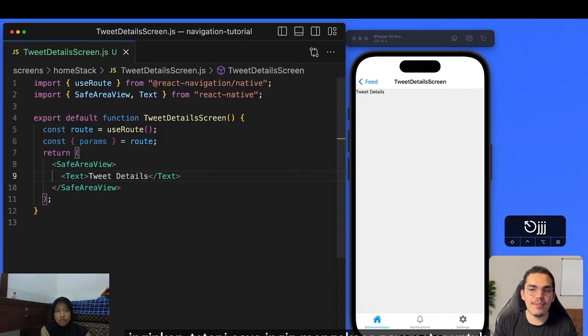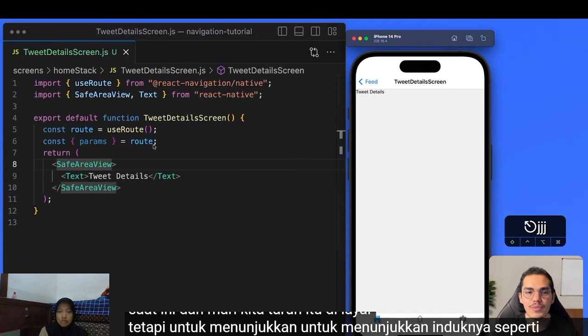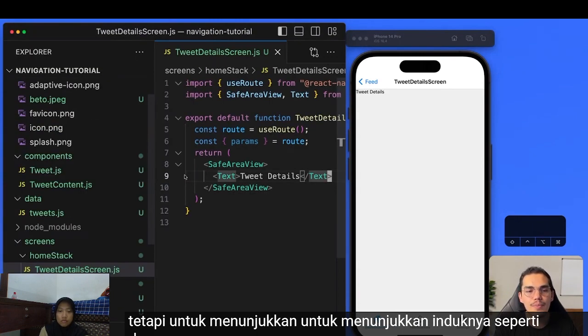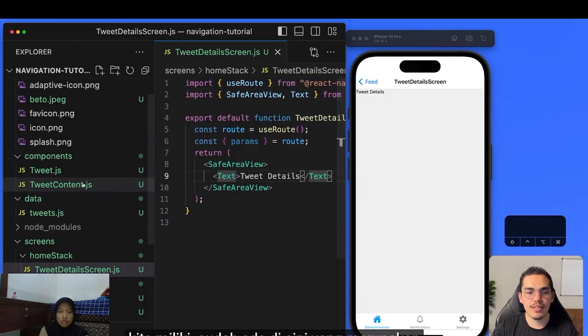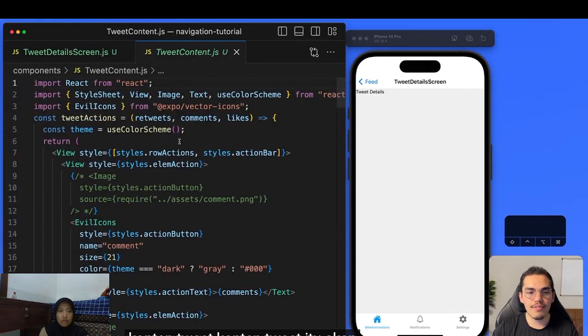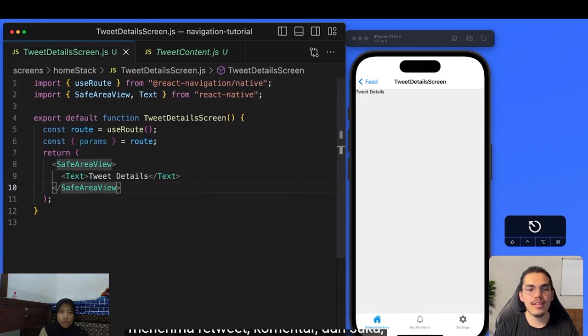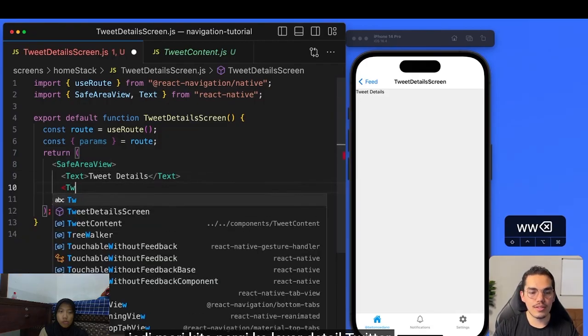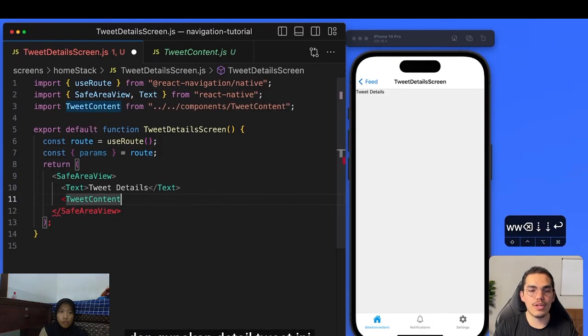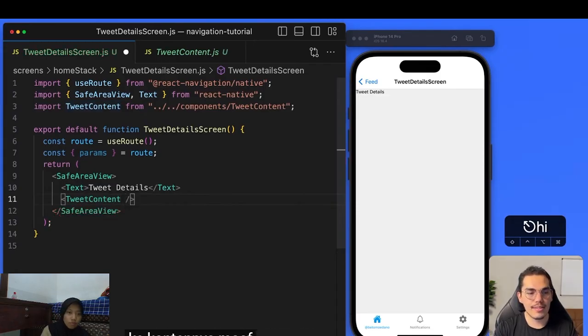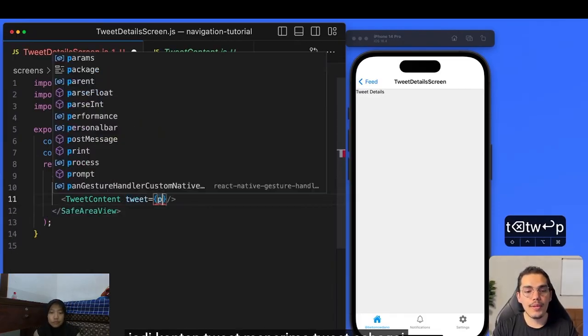And let's just put that on screen. But to show the params in a nice way, we can use the component that we have already here, which is the tweet content. Tweet content is going to receive the retweets, comments, and likes. So let's just go to the Twitter details screen and use this tweet details, tweet content, sorry. Okay, and let's pass the, so tweet content receives a tweet as a parameter or as a property, and we can pass here